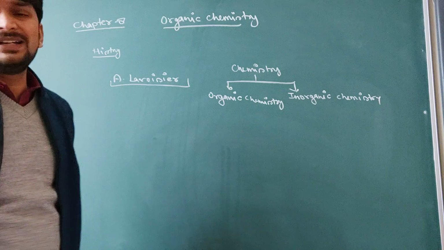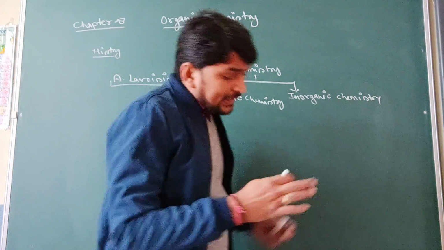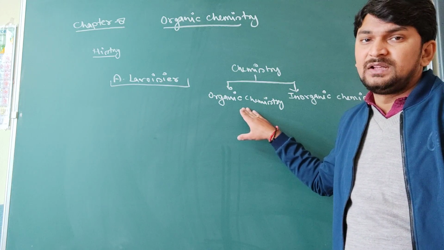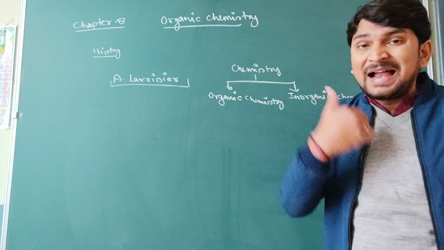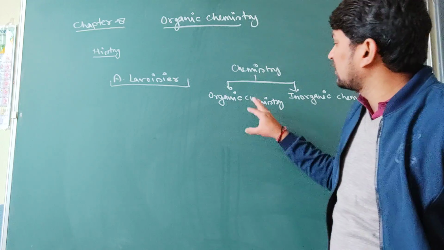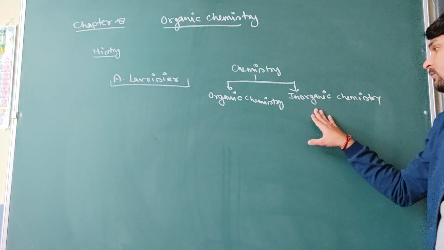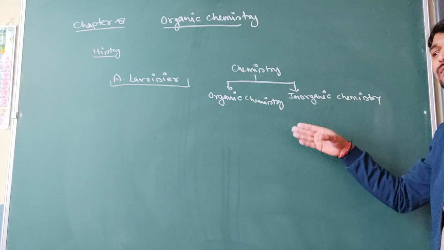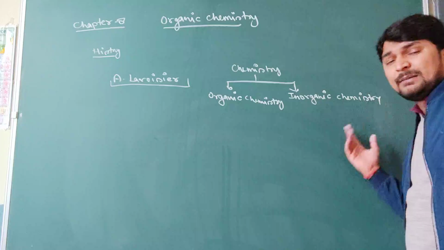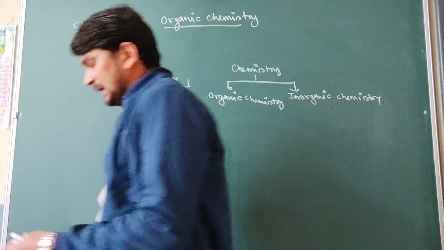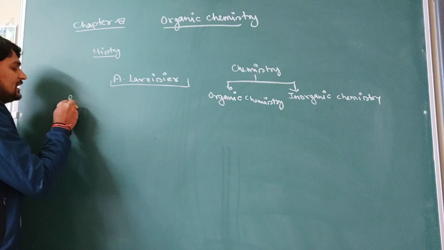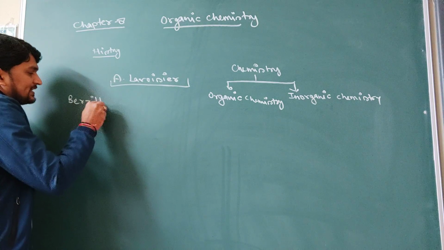So these are the two different points. Clear? Once again, according to Antonio Lavoisier, all the compounds which are obtained from living organisms, like plants, human beings and the animal kingdom, are called organic compounds, while all the other compounds which are obtained from the earth's crust, atmosphere, or other sources of nature are called inorganic compounds. Clear? And the related chemistry is called inorganic chemistry. This classification of chemistry into two parts is basically based on the Berzelius vital force theory. One chemist was there, his name was Berzelius.